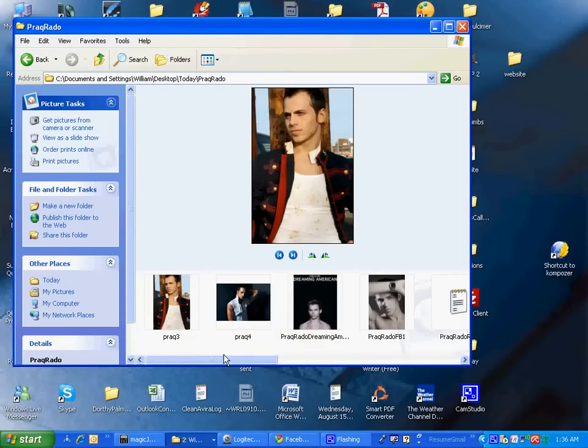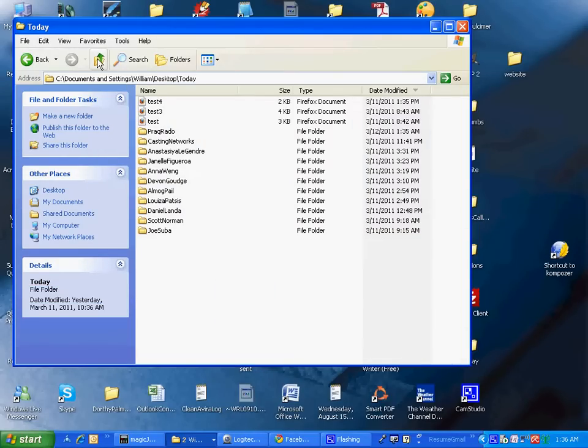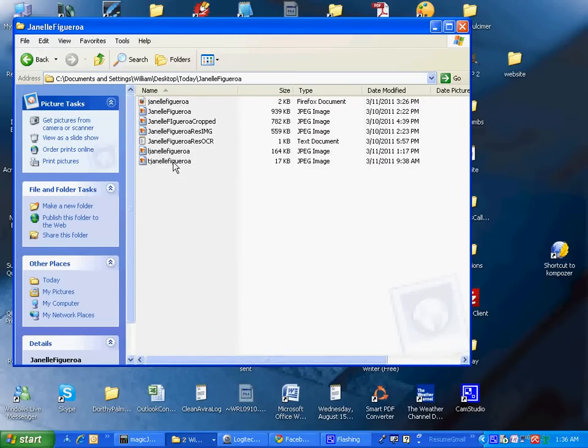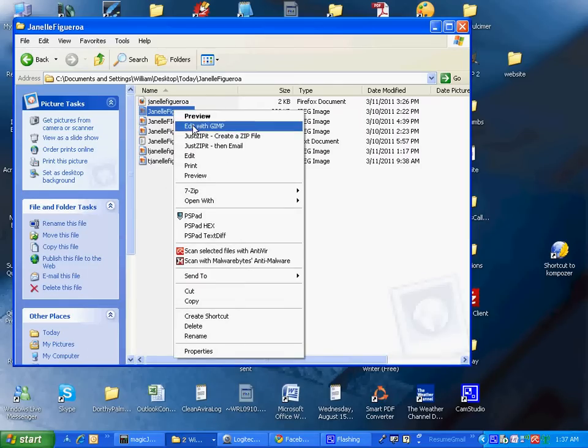What I wanted to show is how one would take a full-size scan and work with it in GIMP. So here is someone that I just added, Janelle Figueroa. And if I look at her original scan that I did, that's her resume, and that's her resume as text. And here is the original scan of her headshot. So if I right-click and edit with GIMP,